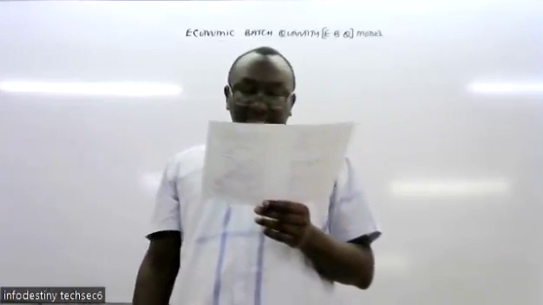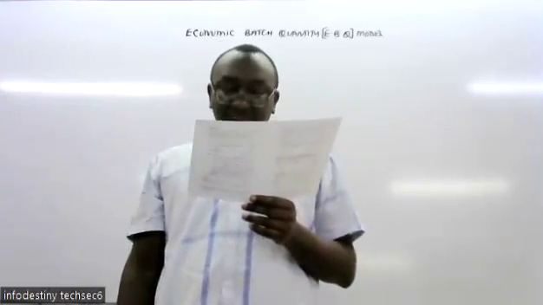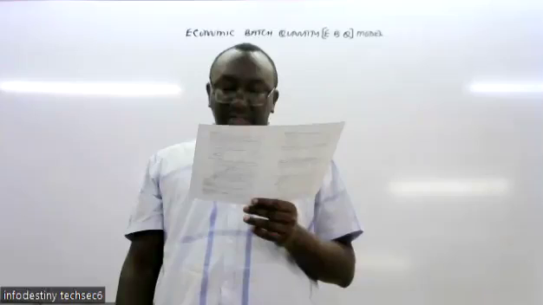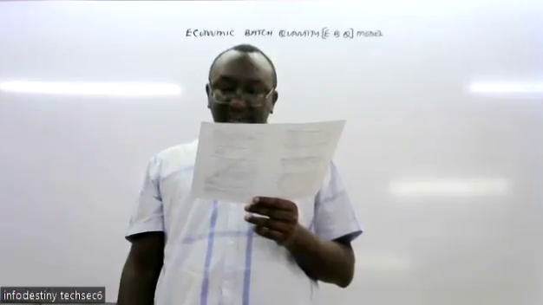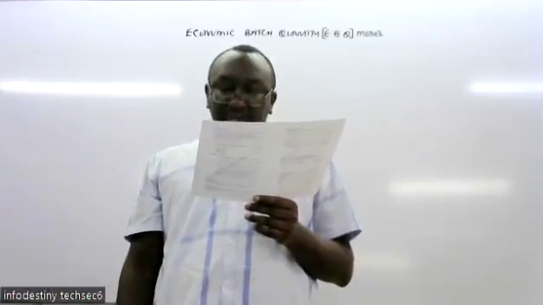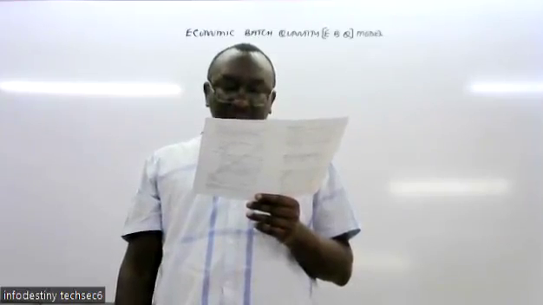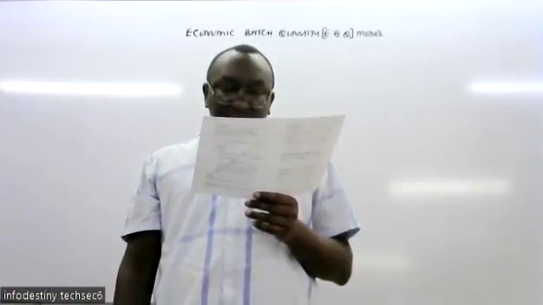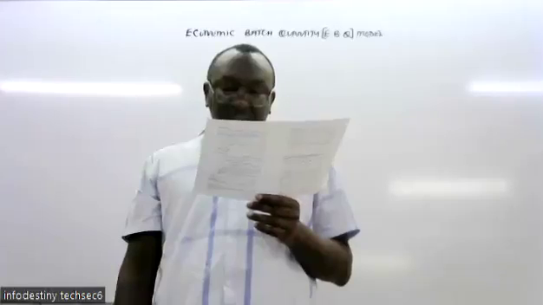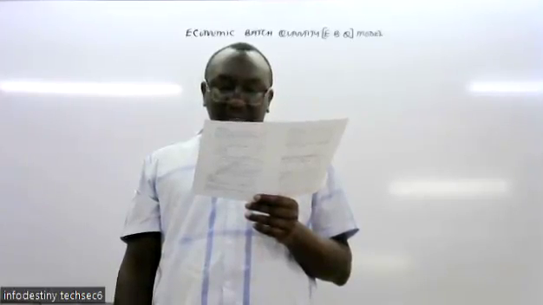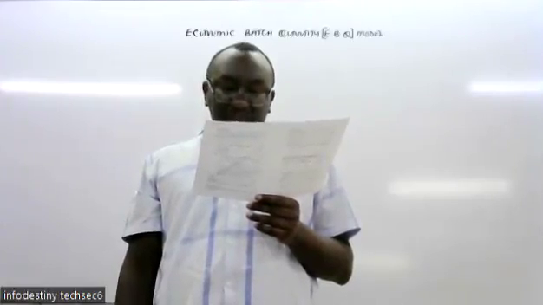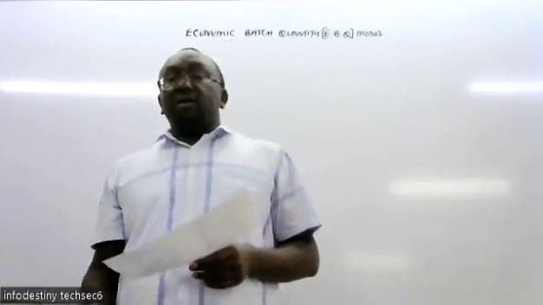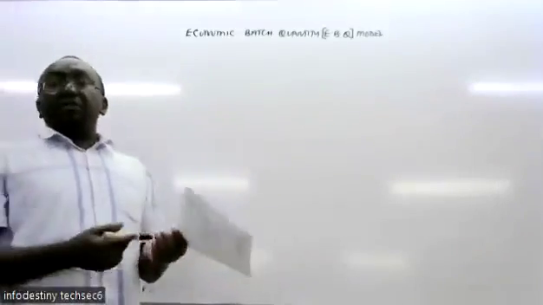It says that a company has an annual demand of 10,000 units and works for 200 days. Production is 125 units per day, each costing shillings 80. The cost of capital is 20%, while fixed cost per setup is 3,000. Required EBQ analysis. Now, if they ask you to do EBQ analysis,